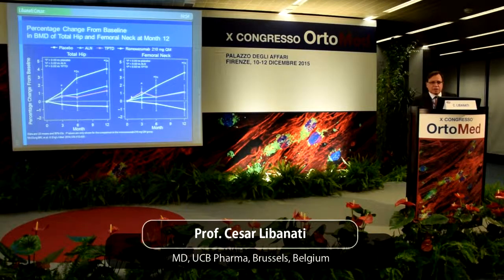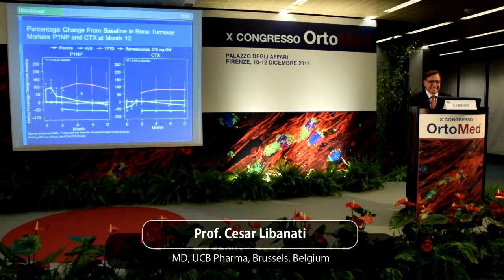Similar results were observed at the total hip and the femoral neck, as observed in these panels. And notice here that again, the improvements in density were significant at 12 months and 6 months compared to all comparators. And note also at the hip, the similarities between the changes seen with alendronate and teriparatide, something that perhaps should not be too surprising. These significant gains in bone mass density are the result of a peculiar and interesting profile